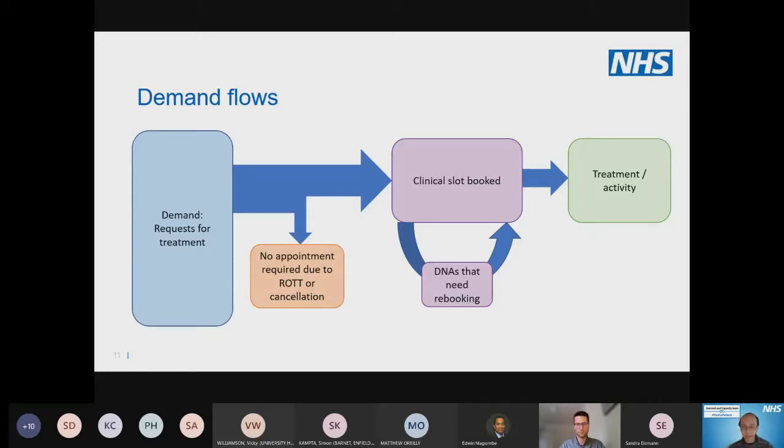But hopefully that makes sense to you all in terms of how patients actually flow from demand all the way to actually being treated. David, I don't know if there's anything else you want to add to that, just to check in with you. No, I think these are really important variables to include in your modelling,